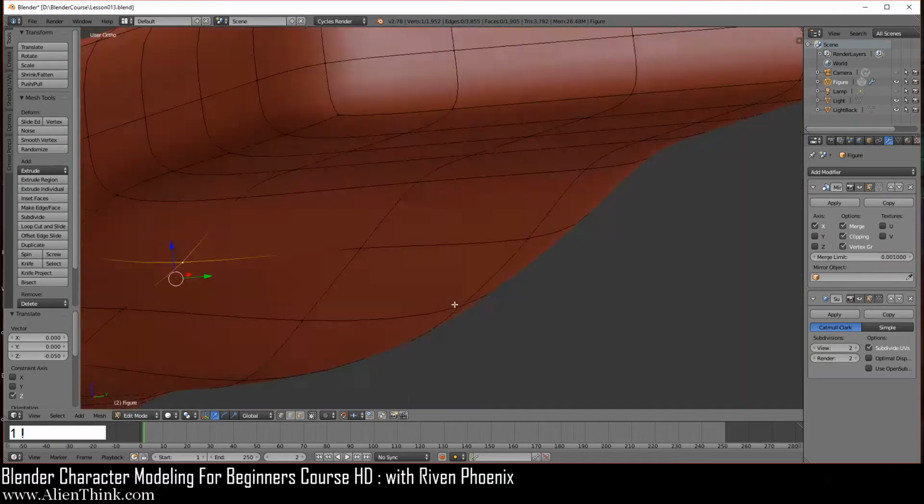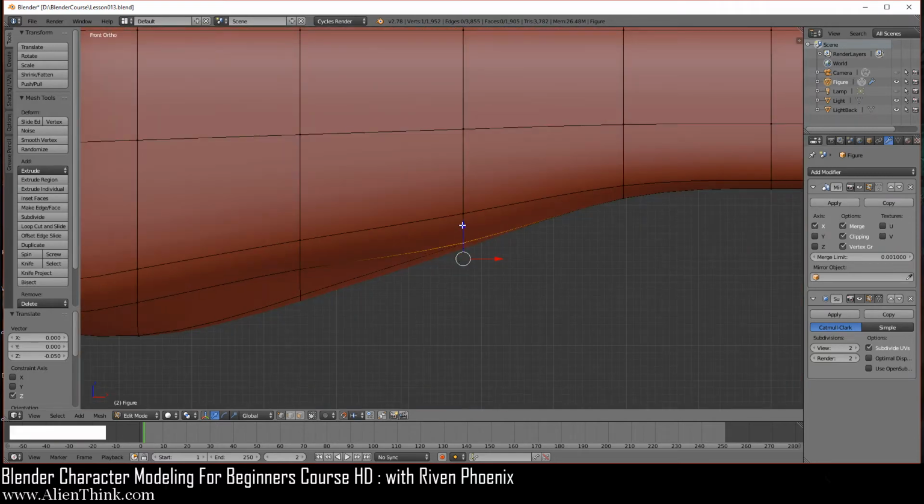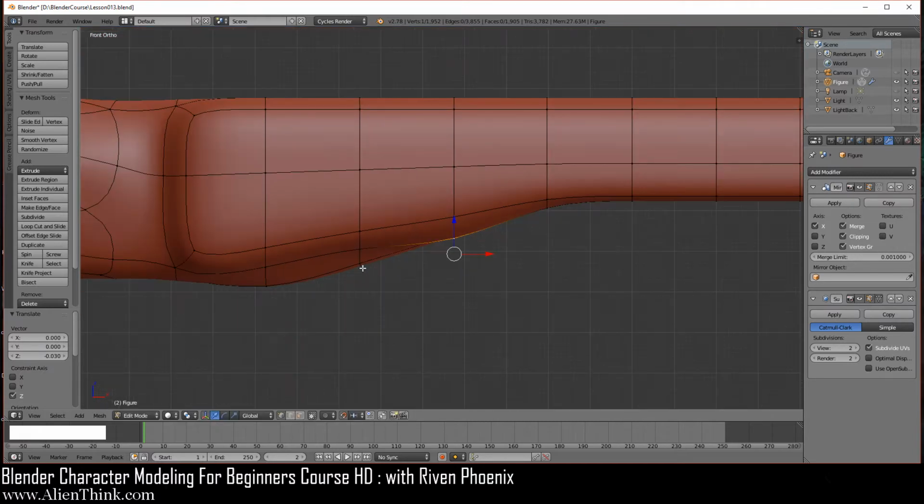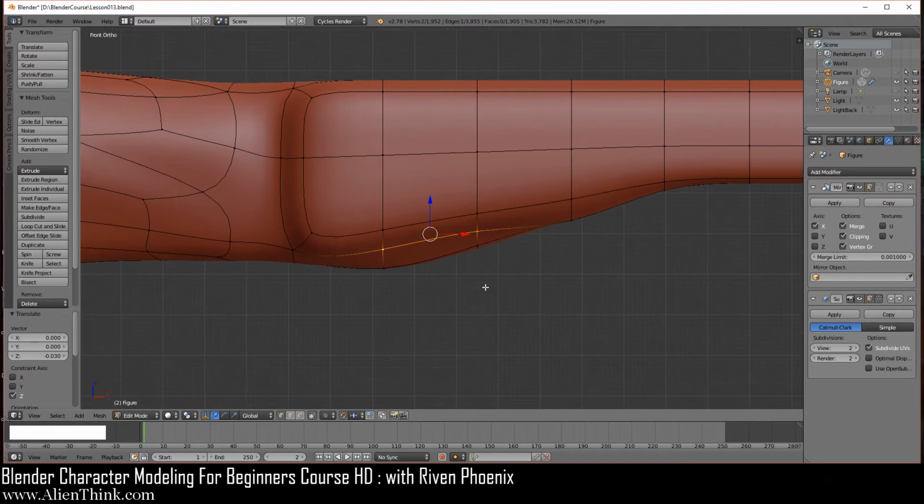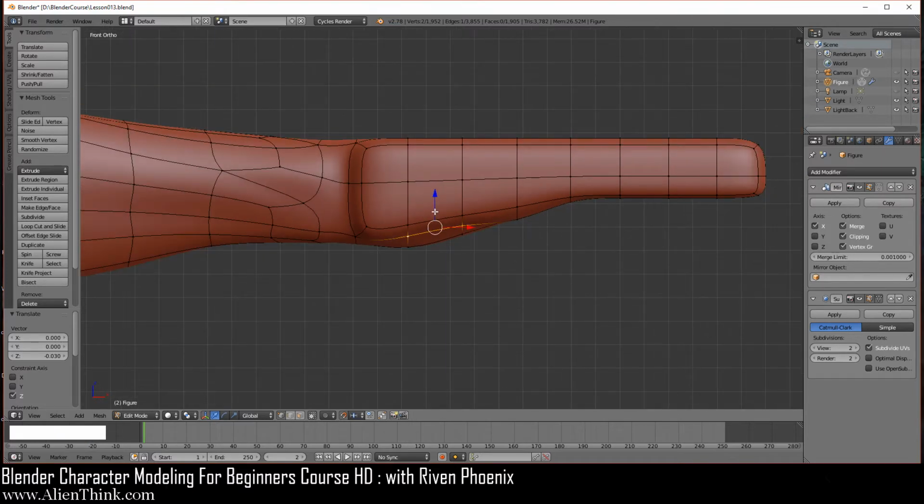Now we can press the 1 key to go into the front view. Now bring this down 1, 2, and then 3. Just zoom out and down, click on this vertex, shift key down, and then this one. So over here, we're just going to zoom out to get the big grid units. We're going to bring this down 1 and then 2. So this is where your thumb is going to be connected later.